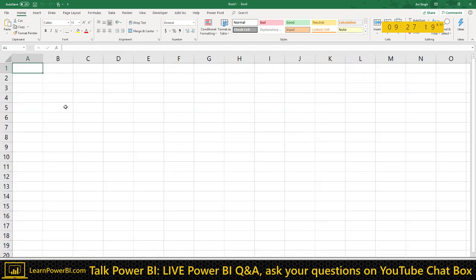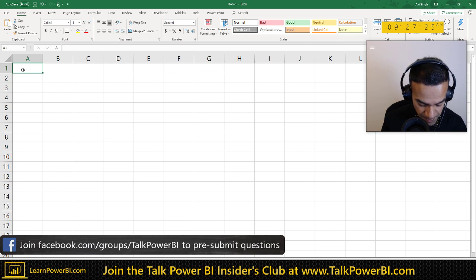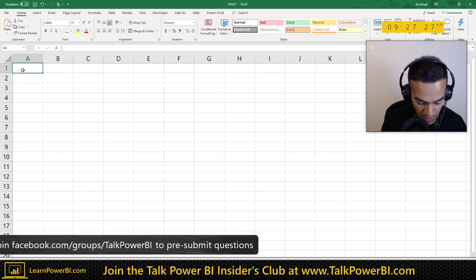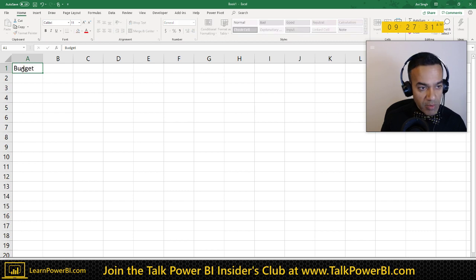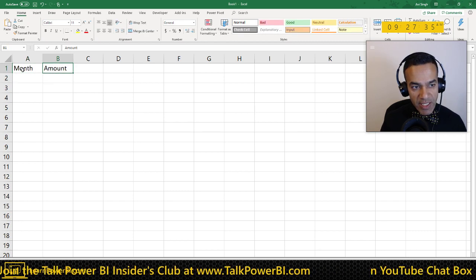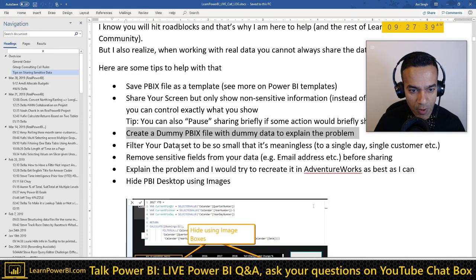I would do the smallest example, and you've seen me do these on these Talk Power BI calls as well. I'll say, okay, tell me the problem. Oh, you've got a budget table, and it's got a month and an amount, something like that. So you bake a dummy table, like a small subset of the data you want to show.